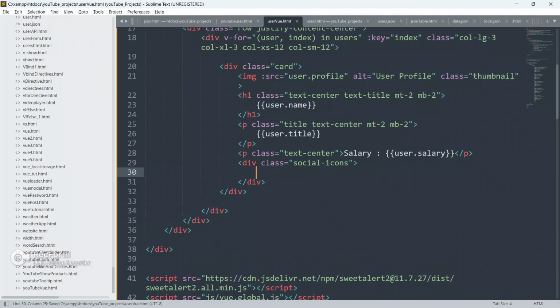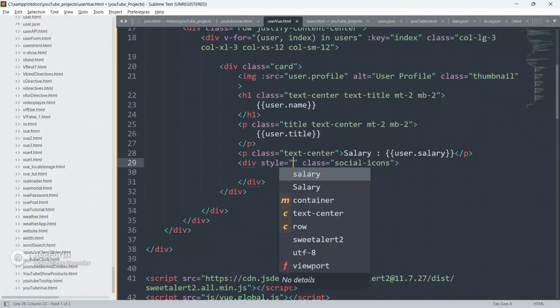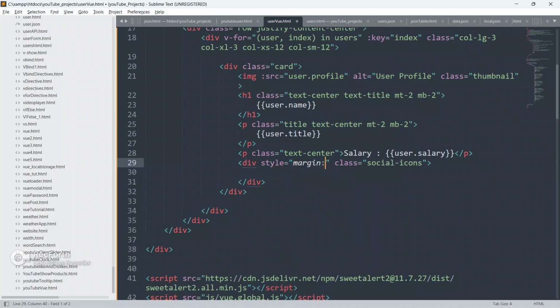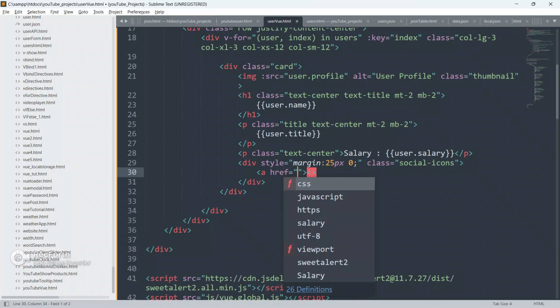Close this div first, and inside this div give an inline style also, margin equal to 25px and 0. Now inside this div I am gonna create some social icon links.